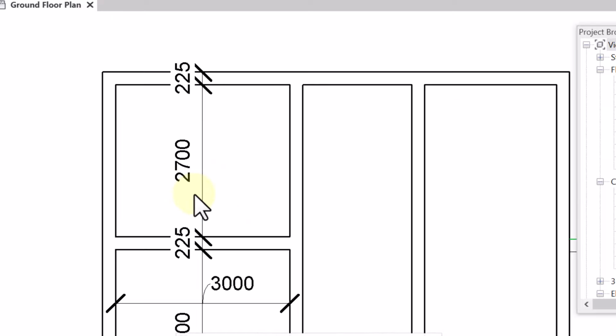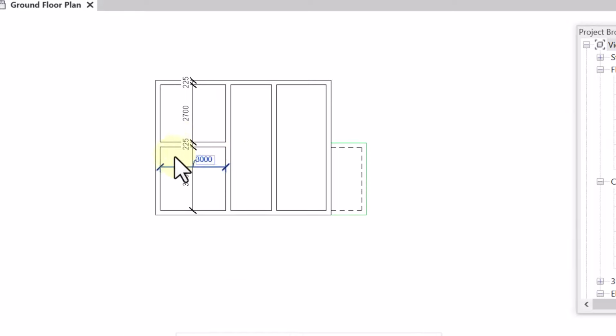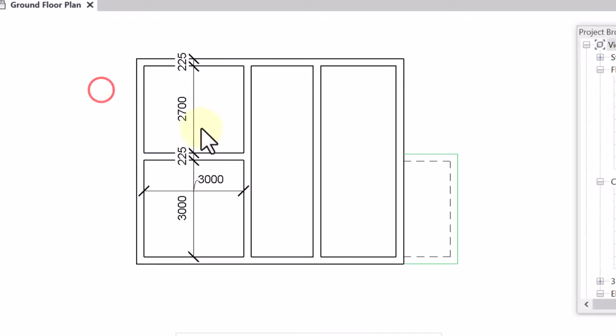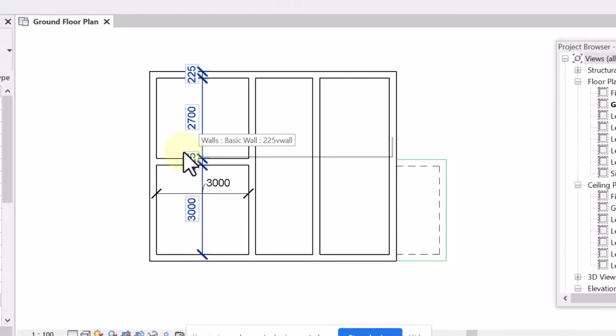And what if we want to change the color of the dimension? These are some of the things we'll be learning in this live training. First, let's change the color. To change the color,